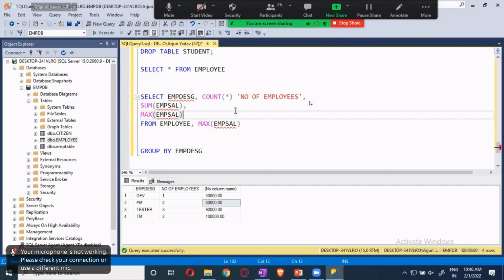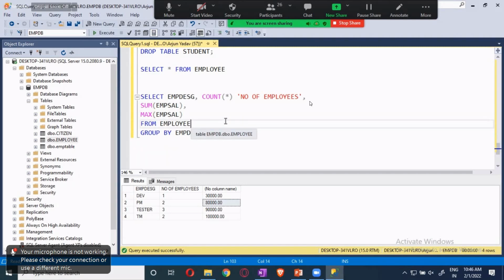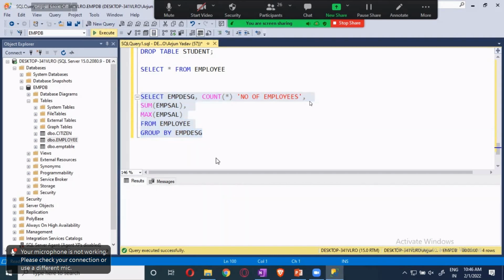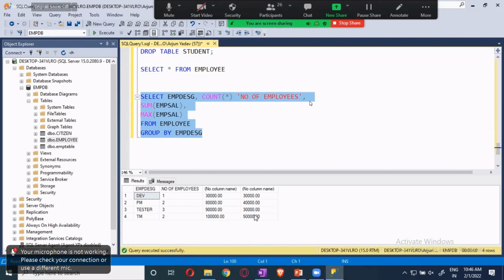Okay, something like this you will be getting. Now, once I do this, you will be getting the maximum salary. This one is employee total salary. You will write it as budget, and here I will write it as max salary. Okay, max salary. Now, if you run this, you will be getting this.